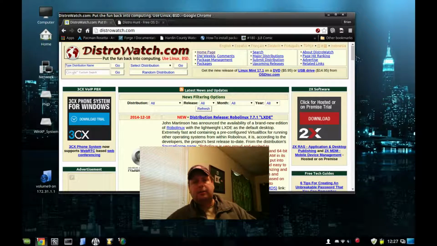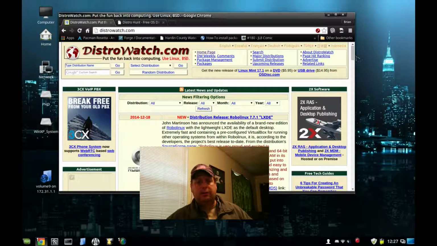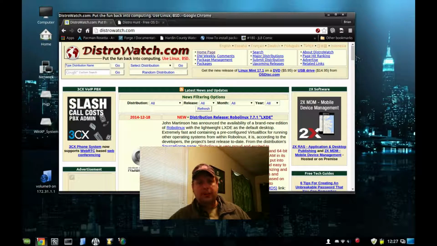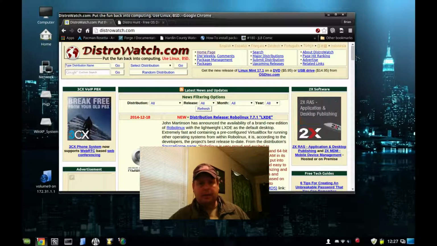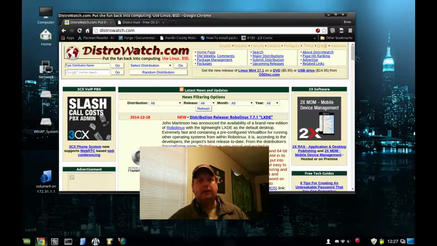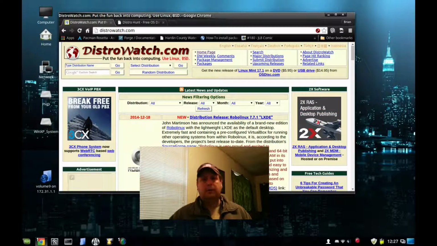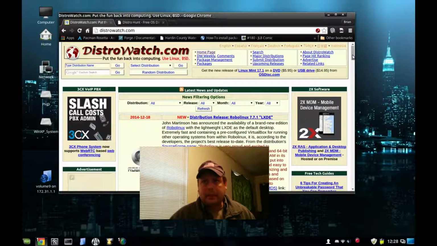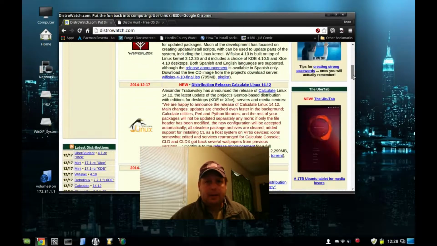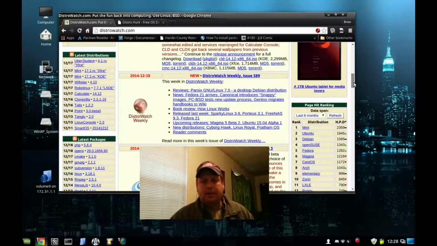Because you don't only have the various OSs based on the Linux kernel, but you also have OSs that are based on BSD. And you also have, now that it's kind of out there in beta, finally, after many years, some distros that are starting to use the GNU Hurd for a kernel. DistroWatch doesn't capture all of these, and frankly, it may not be possible to capture everything that's out there because